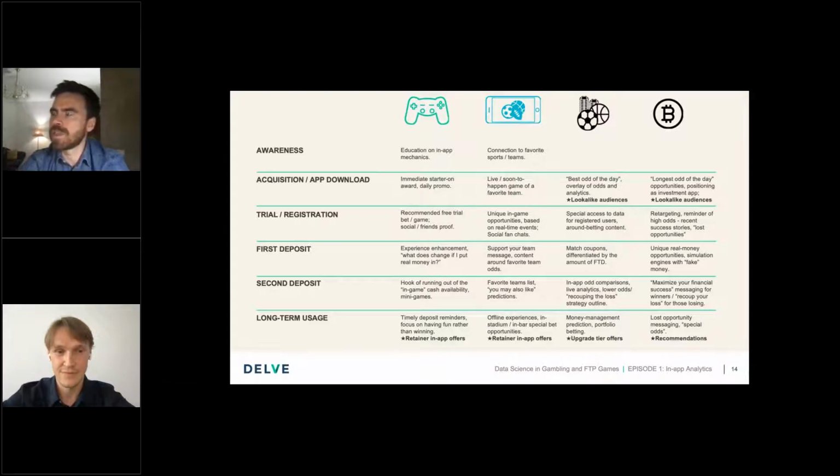So for the competitive gamblers and long-odd gamblers, at the acquisition stage, there are lookalike audiences that could be used when the proper data science and data fundamentals are set in place. Also, the scenarios that we often discuss with our clients are retainer in-app offers, upgrading to higher tiers, and finally recommendations.